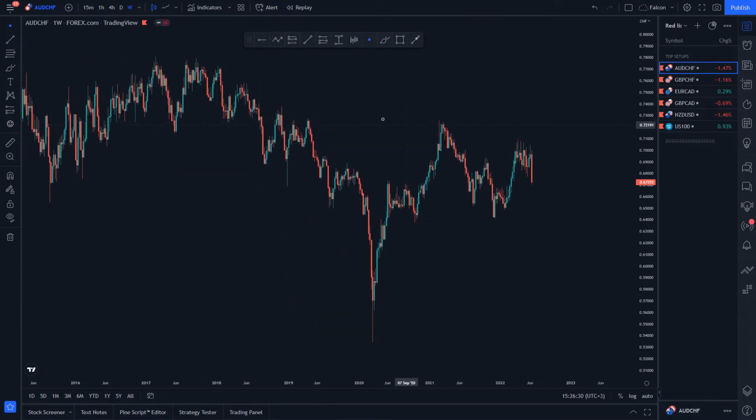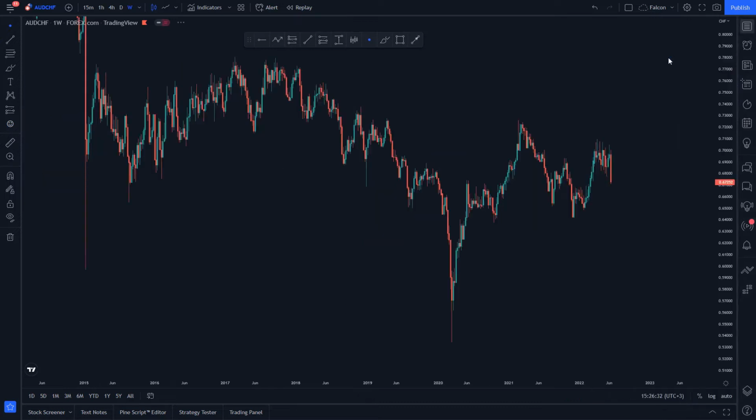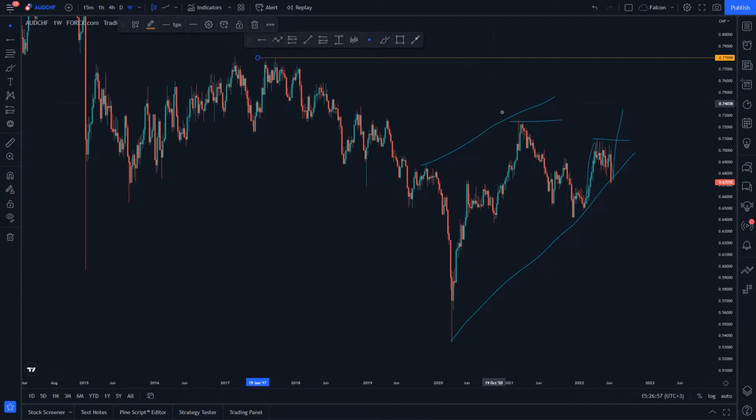So currently on Aussie CHF, when you start with Aussie CHF, you can see this was a clear push in price to the upside. Then this one is a clear correction. So we are expecting another push, potentially breaking this top and this top over here, because I'm seeing a pattern forming in this level over here. So it can potentially reach up to these highs over here. So you need to be alert on this one because it has some massive rewards when it starts to push